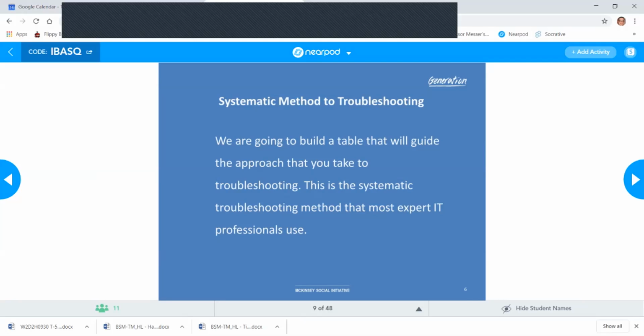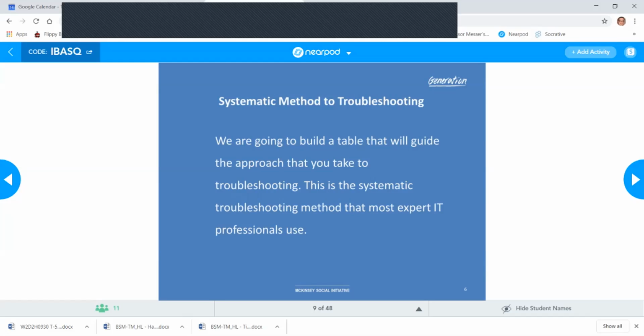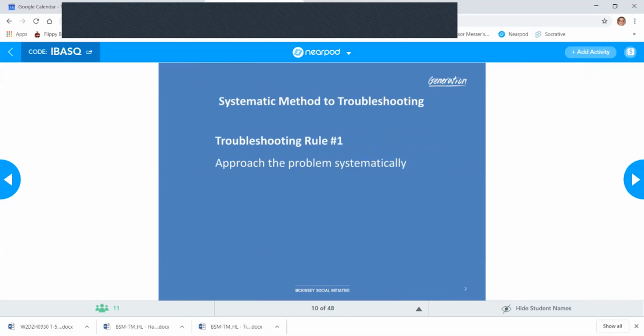Jordan, if you can help us with this slide here. Systematic method to troubleshooting. We're going to build a table that will guide the approach that you take to troubleshooting. This is the systematic troubleshooting method that most expert IT professionals use. Okay. I believe we do have that in there, but we'll now